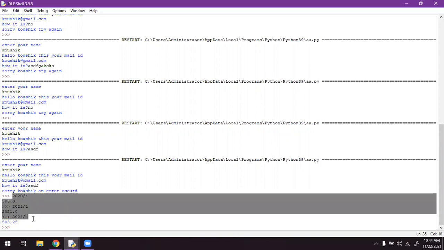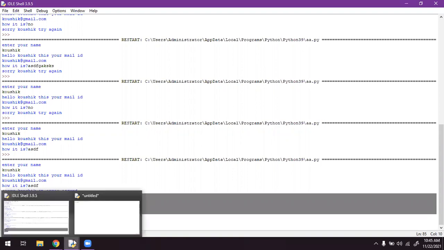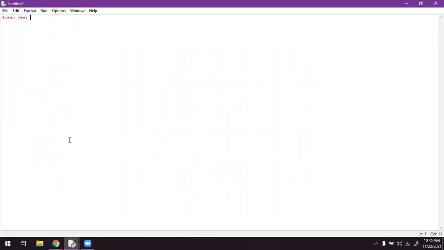The user will enter a year, then we have to process it and show the result. So what we'll do, I'm taking some input. We have to take the input now. Which type of input? Integer input. Okay, enter the year.